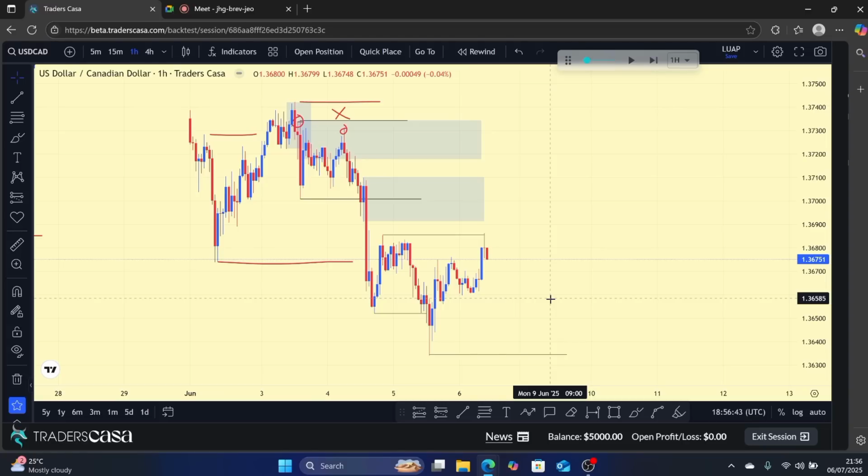So in that case, how can you know which one to choose? I will be choosing this one to get a reversal from, and I will be ignoring this one. Even if I see a reaction from this one, I will not take that reversal. But if I see a good reaction from this one, I will take that reversal. So in that scenario now,